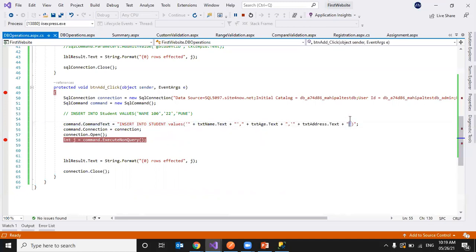So writing like this will be difficult. As we have only 3 properties now, we were able to somehow manage it. Suppose if we miss a comma or a colon, then it will throw an error. So writing like this with 5 plus or 10 plus properties will become tough. After every value, I have to append a single quote and comma. If it is an integer, I don't need to append. So like this, we may miss something here. To avoid that, we can go for parameters.